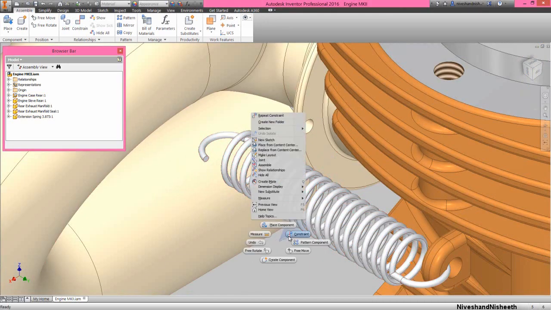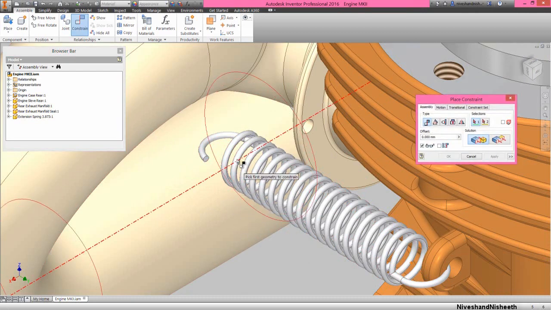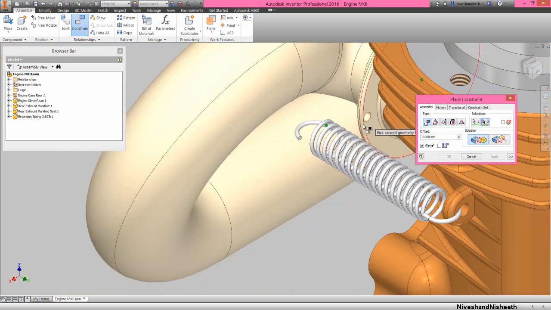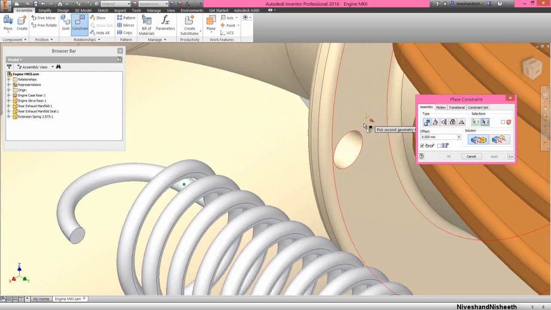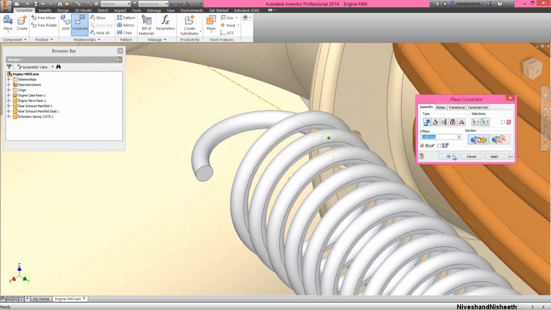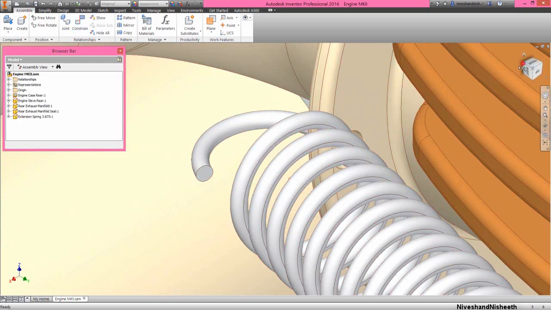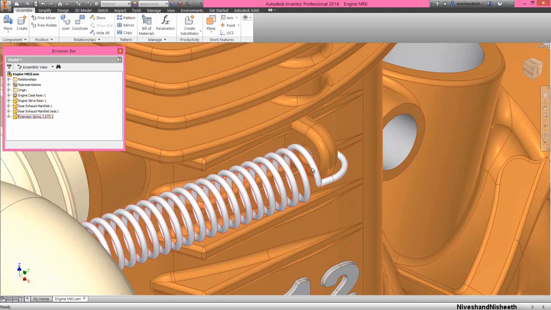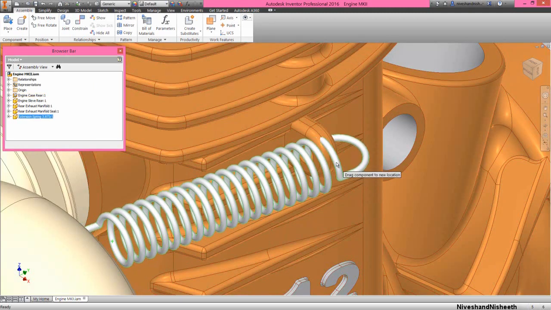Now we will apply another mate constraint between this circular edge of the center point and this hole axis of the rear exhaust manifold part. Now drag the spring from here.